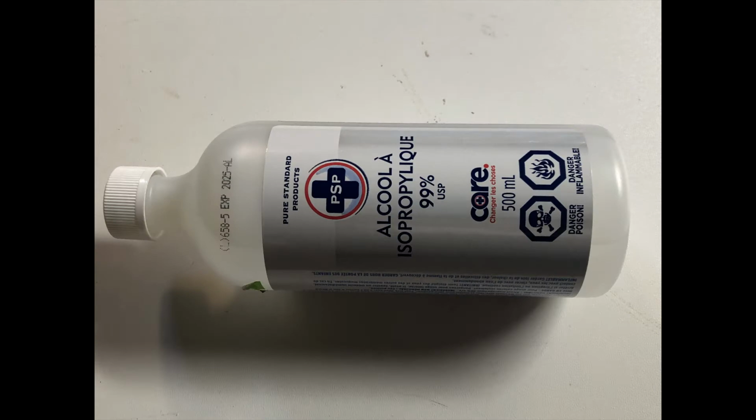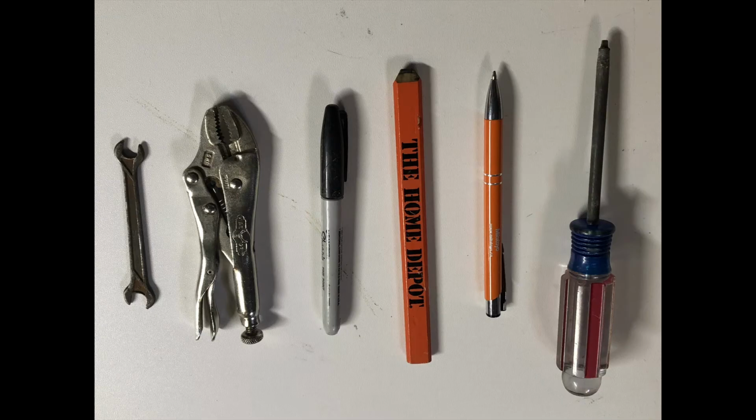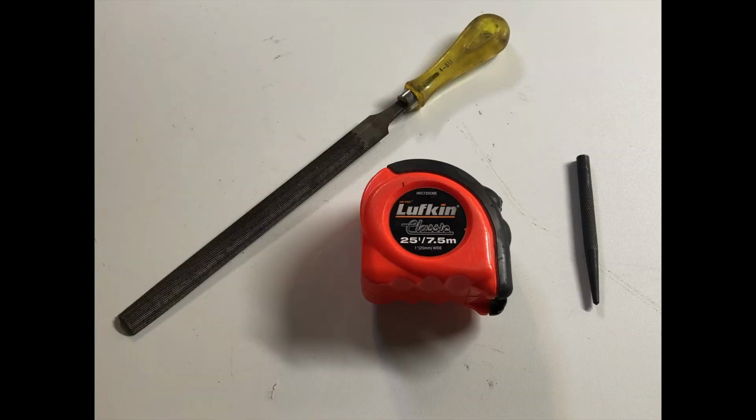Rubbing alcohol. A hammer for tapping in the plugs and a hacksaw for cutting the aluminum. Wrench for the 10-32 nut. Vice grips to hold on to the bolt. The magic marker, pencil, and pen for layout, and the screwdriver for mounting the sign to the wall. File for deburring the aluminum, measuring tape for laying out, and a center punch to center punch the location of